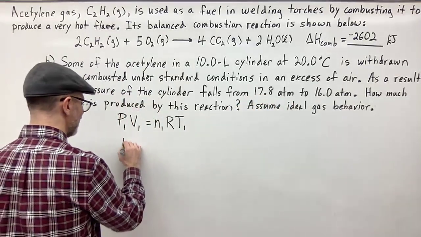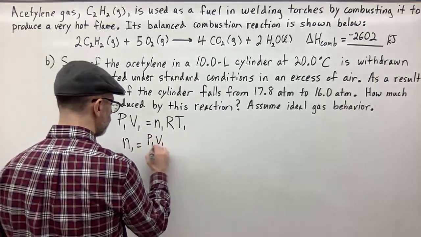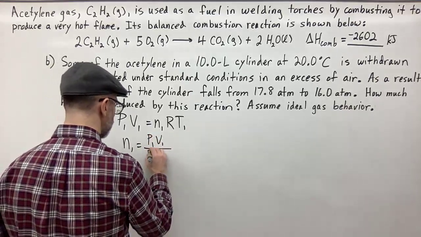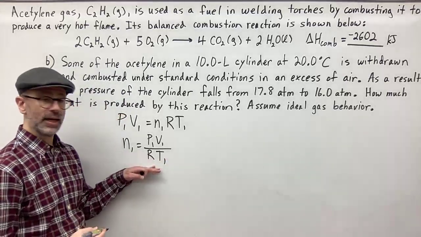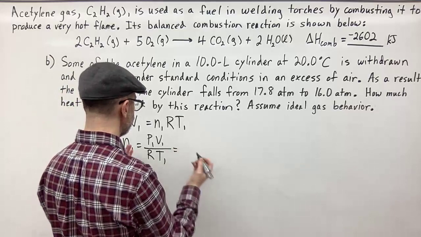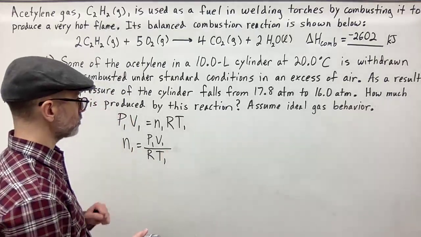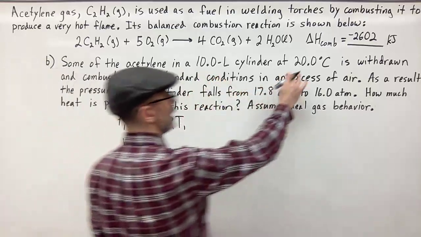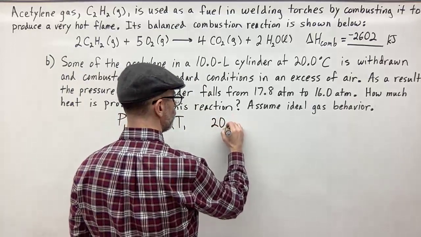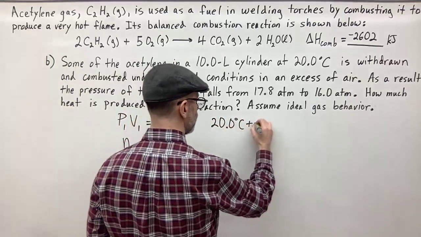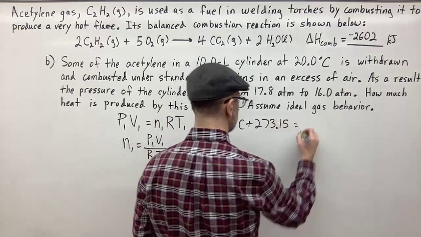So that would be N1 is equal to P1 V1 over R T1. Plug everything in, and then you could find N1. So you just need to make sure that you change this to Kelvin. So 20.0 degrees Celsius plus 273.15 is going to give you